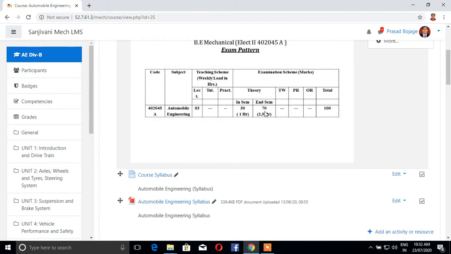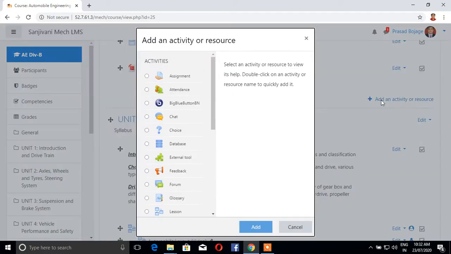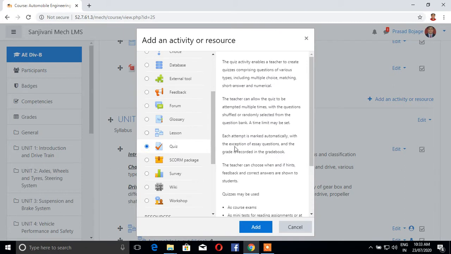So, you can come at the activity icon, that is add activity or resource, click on that. A new window will open wherein you have the options. So, here you have to select quiz. Okay. When you select the quiz, click on add.